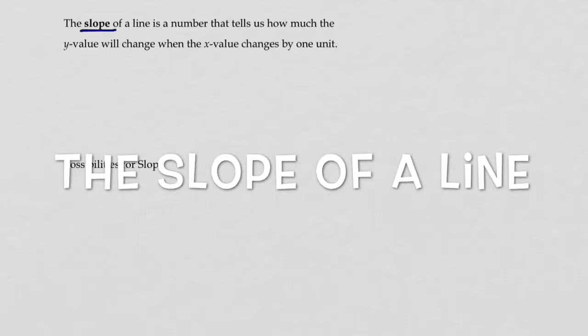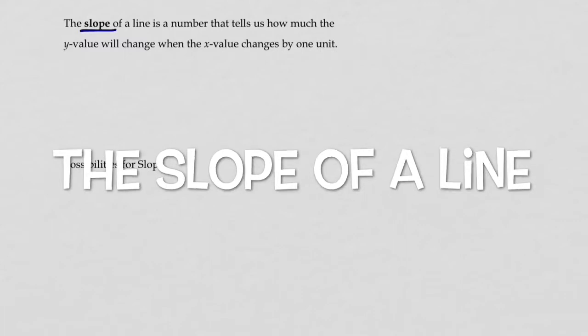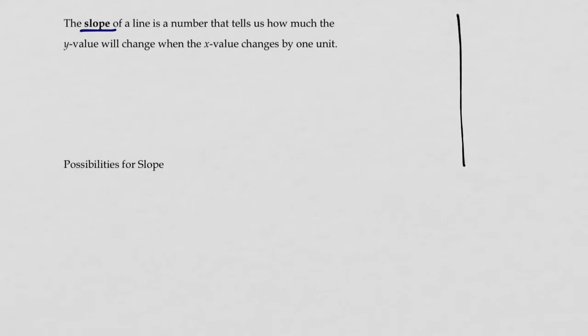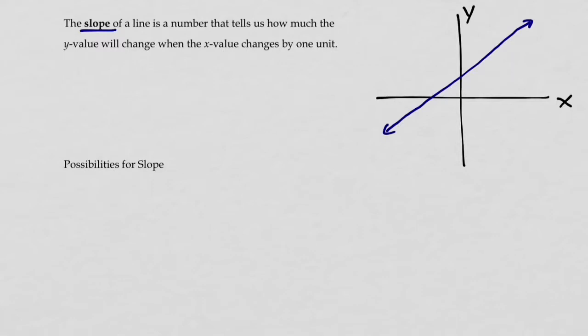Slope is a useful idea in mathematics. It describes how quickly the y variable changes as the x variable changes. And x and y here refer to the x and y coordinates on the coordinate plane. If we have a line drawn on the coordinate plane, and we look at any 2 points on that line,